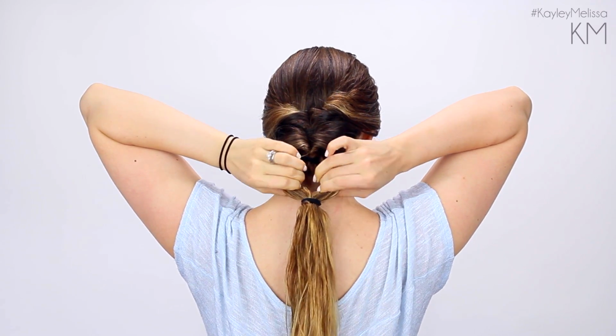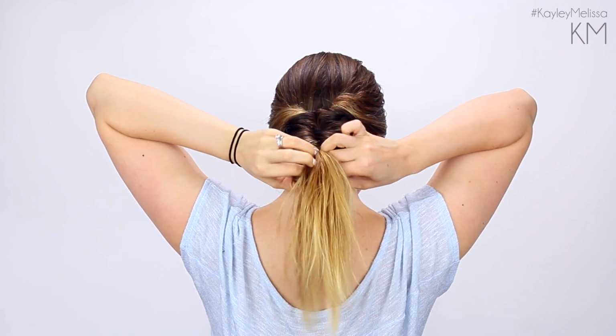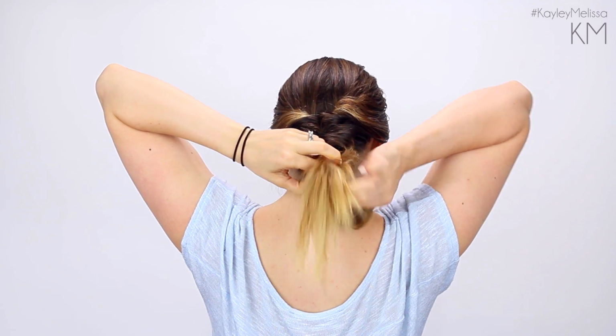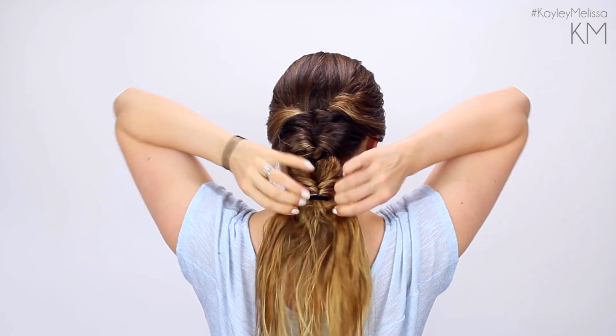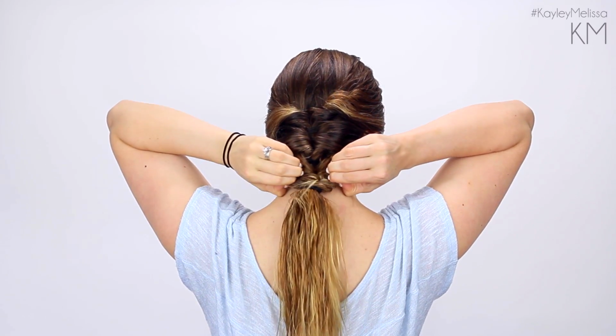So it's another little topsy tail over again. And then once I got that through, I actually went ahead and loosened up the twist over the hair tie just to make sure that it looked nice. And I don't know, I just like how it looks a little bit more prominent of a twist once you